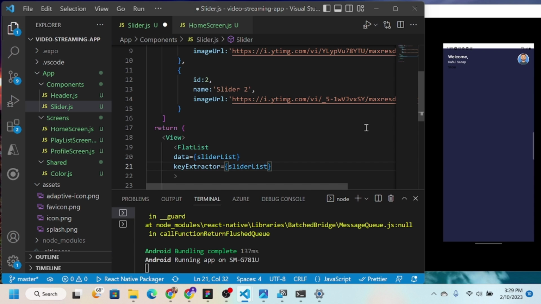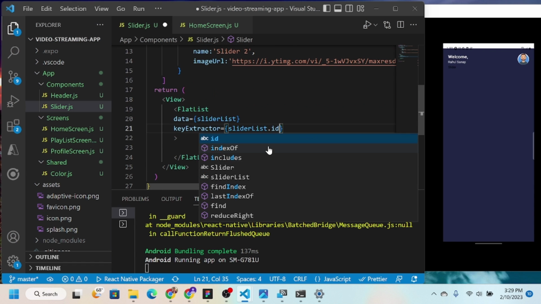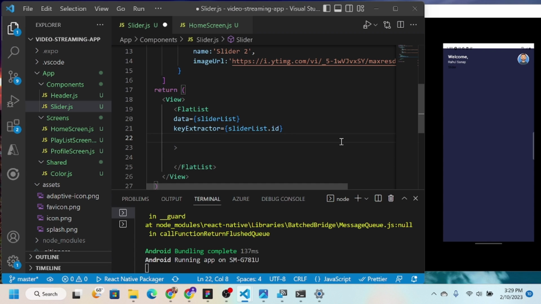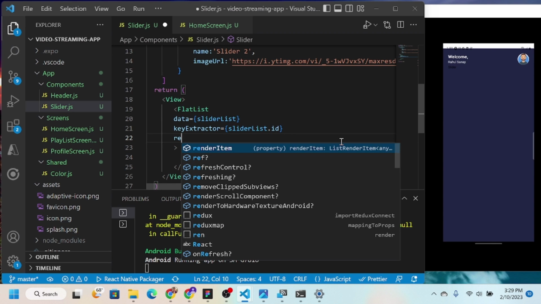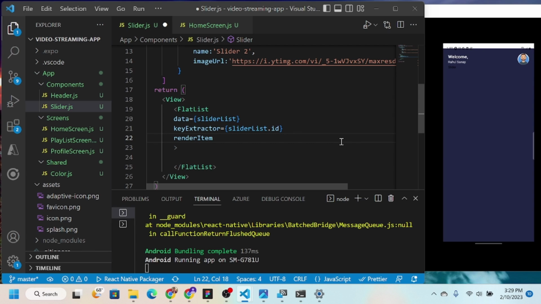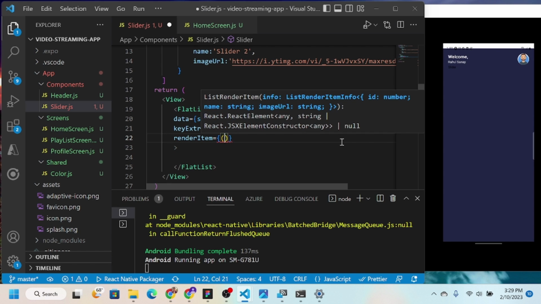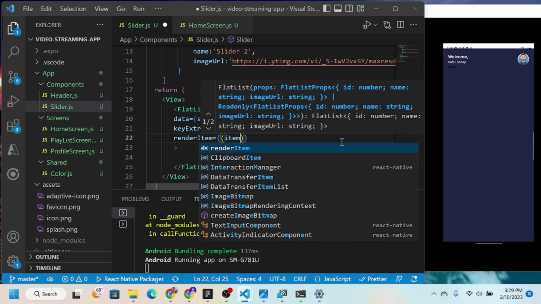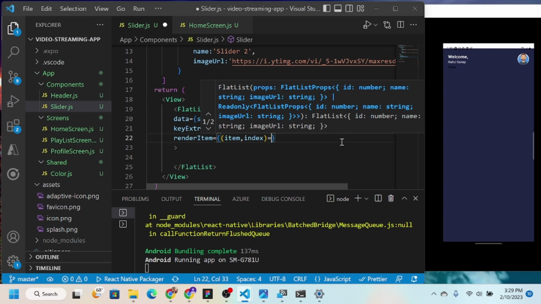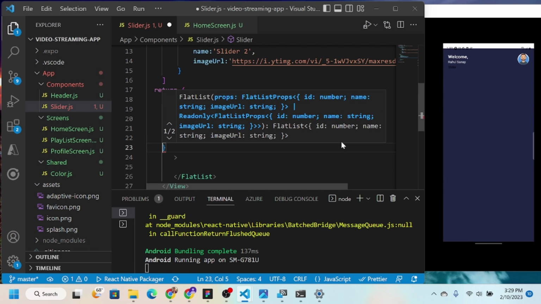each record needs some identifier, right? Like sliderList.id. Then after that we have to write renderItem. In renderItem is where we are actually rendering the image. In this case it's an image. So like this, then item, index, and then we have to write like,